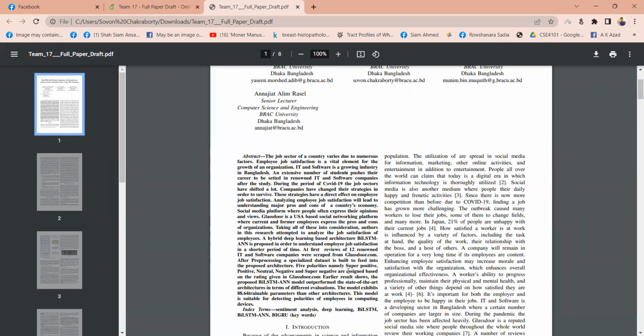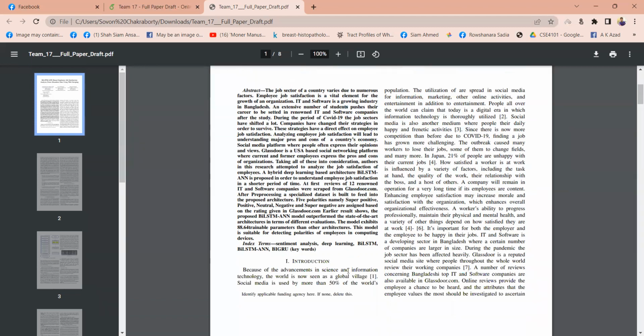After that, we are proposing a model that showed good accuracy and precision after feeding the collected data to this model. We also compared the trainable parameters with the state-of-the-art models, and we have found our model performing better, or outperforming other models in terms of different evaluation metrics. And here we have considered 5 polarity values, which are super positive, positive, neutral, negative, and super negative.